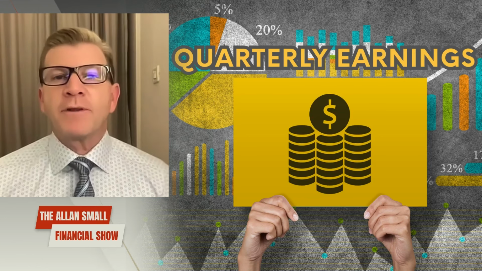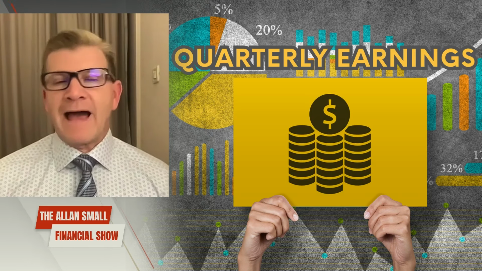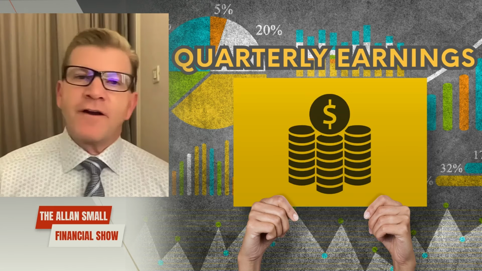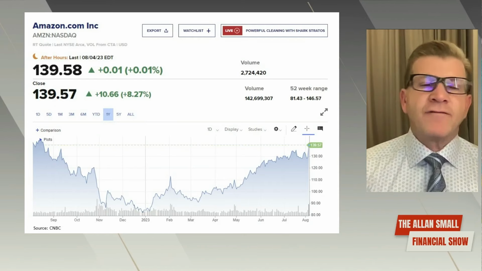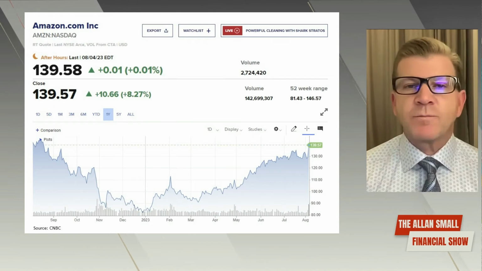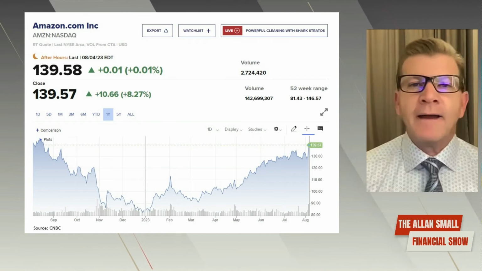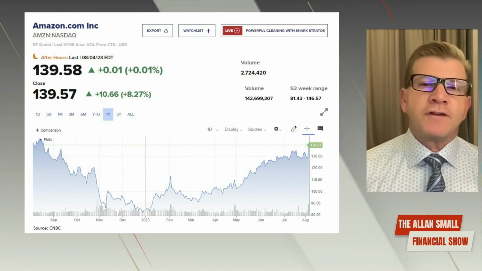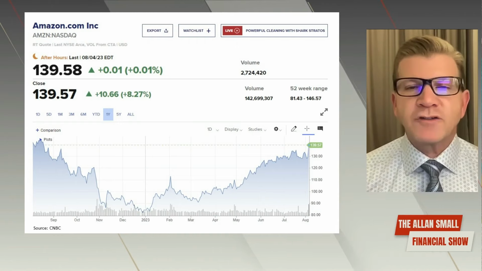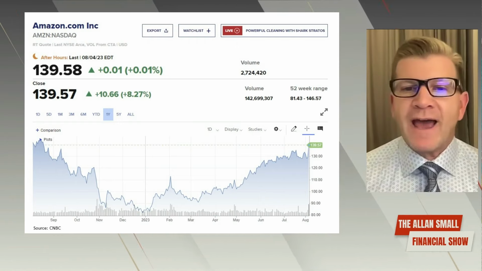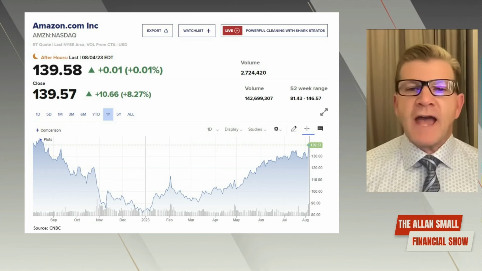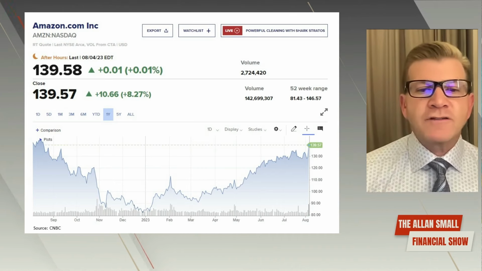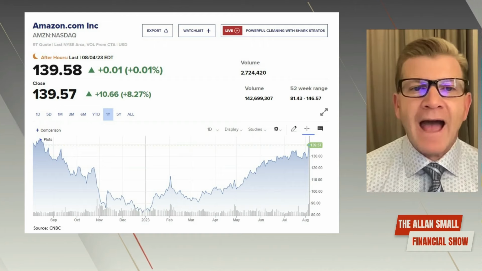And I have a chart on a couple of stocks that reported recently, last week. You'll see here, the first one, I believe, is a chart on Amazon, a stock that I've believed in quite a bit this past, let's say this past 7 months. I've been a big investor in Amazon for, again, my clients that can handle the risk and the volatility that a name like Amazon brings to an investor. But you can see here how well Amazon has done this year. It's had its ups and downs a little bit. Nothing goes in a straight line, but you can clearly see coming into 2023 how well the stock has performed.